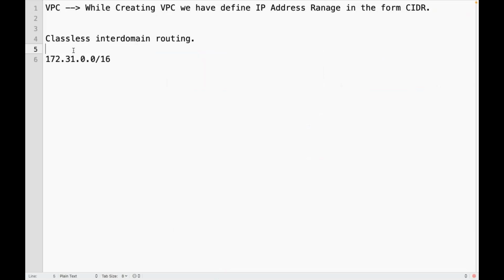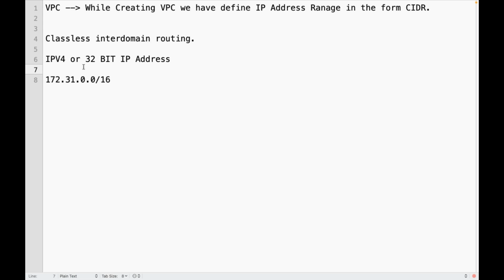So this is IPv4, or 32-bit IP addresses. Okay. Now, before I discuss this CIDR, first we need to understand the types of IP